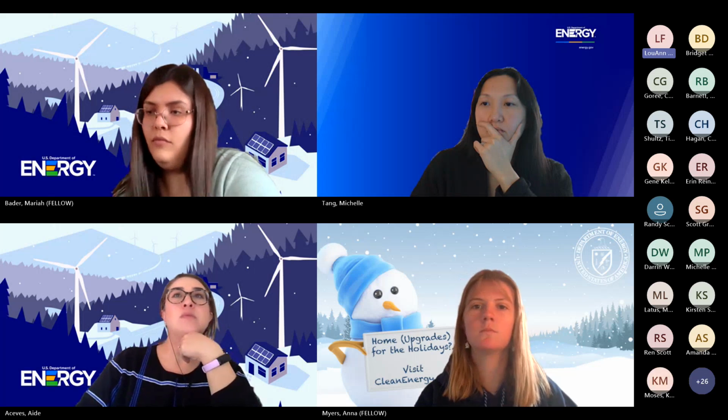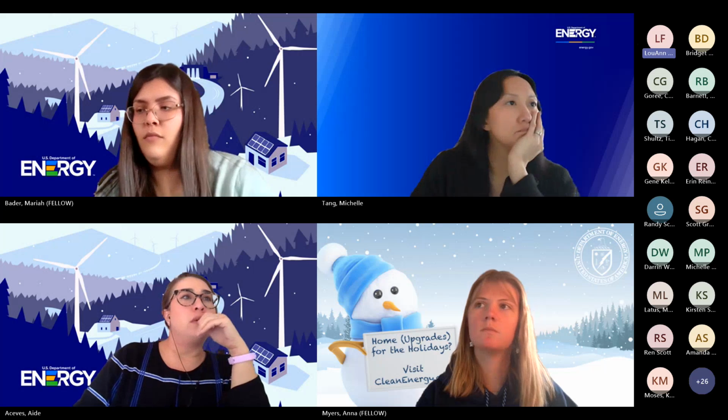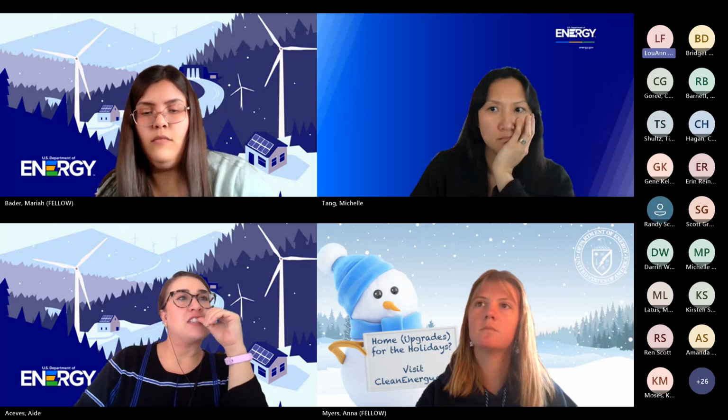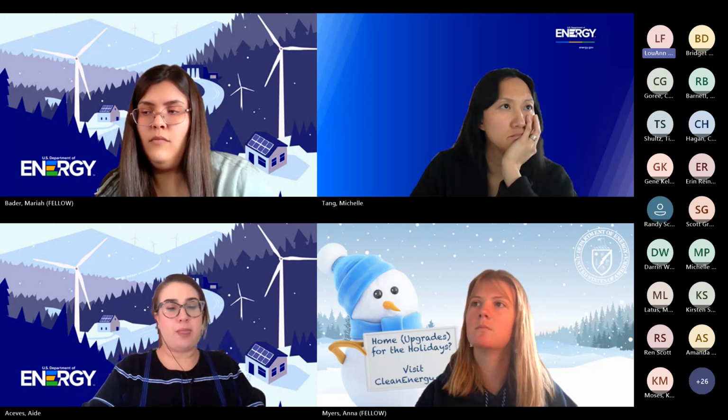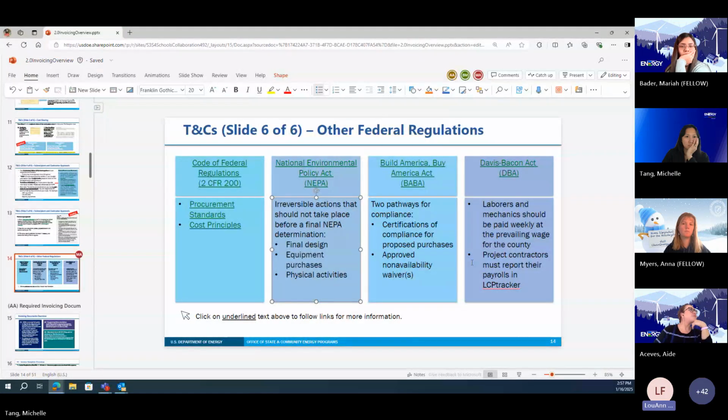On our particular grant, because our subrecipient WSD is moving way ahead of us, we're doing a conditional NEPA, and all of their construction is in BP1. So we're anticipating they'll be able to move forward with their equipment purchases, final design, and physical activities prior to final NEPA determination under the conditional permit. Is that correct?